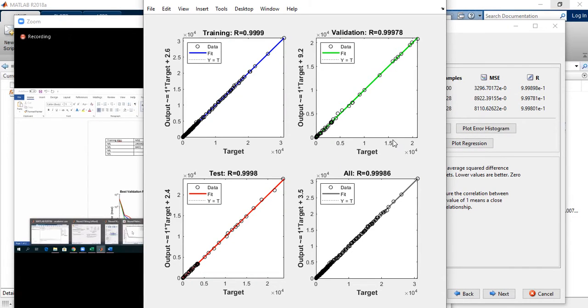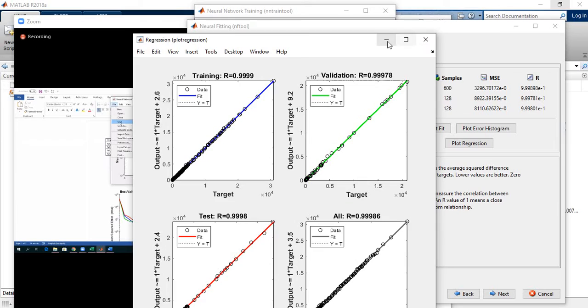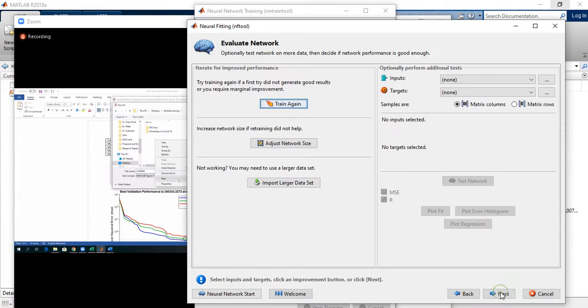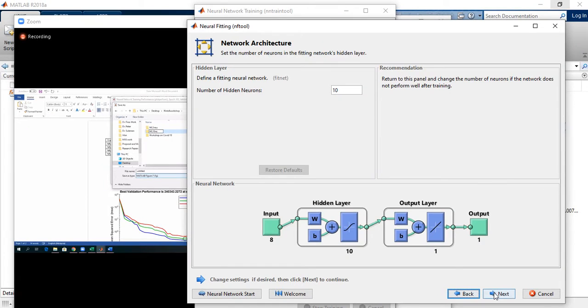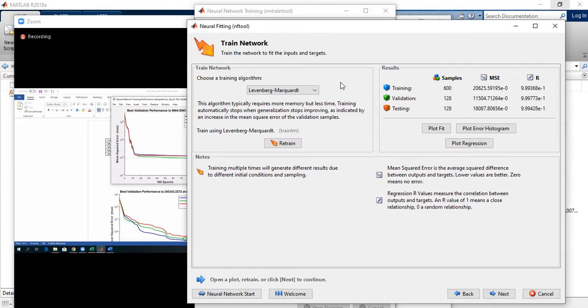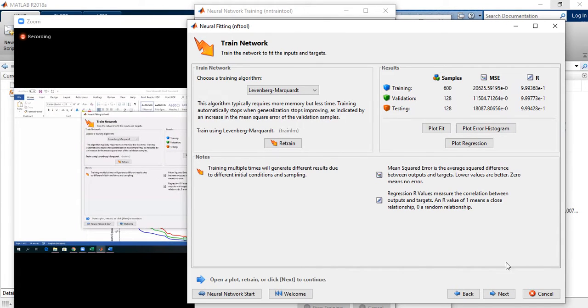Okay. After that, if you want to keep these figures, you can go to file, save this figure. But when you want to save this figure, try to make another folder. We made one for 5, you make one now for 10, so that you can have a clear picture of which figure belongs to which number of neurons. LM is the training algorithm. Keep it here, MSE figure, save, or you can copy and paste into your Word. Okay, after that, next,